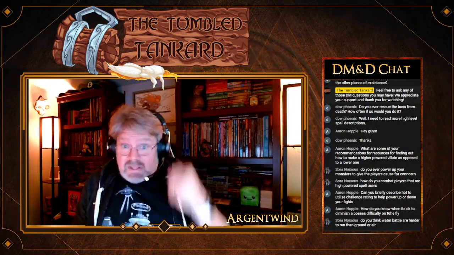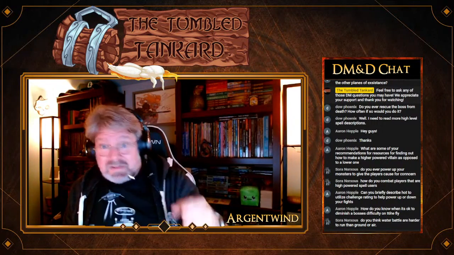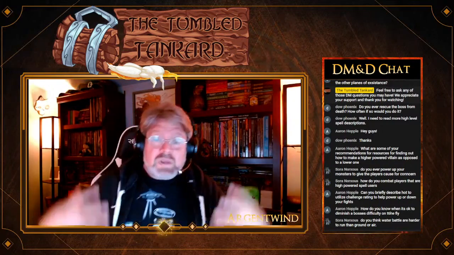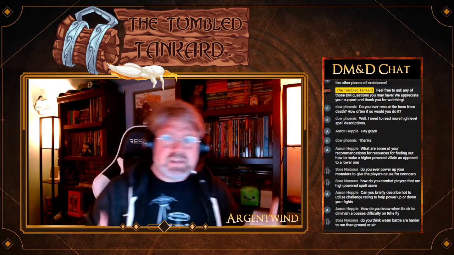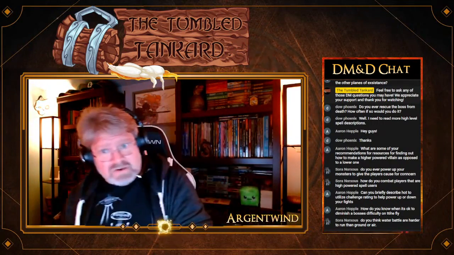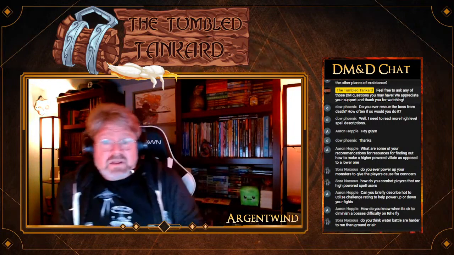So now he's literally two less armor class and he only has one hand. He lost one of his abilities. You can do that to simulate the boss getting more hurt. They're bleeding, they're struggling, they're not moving as fast, they're not hitting as hard.